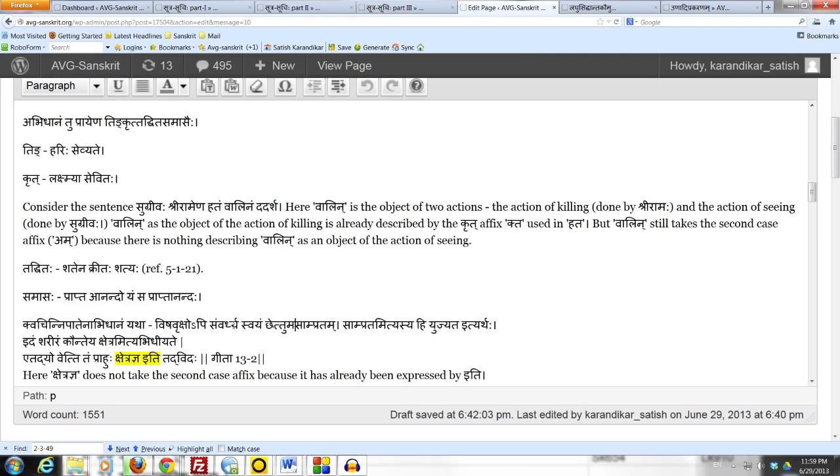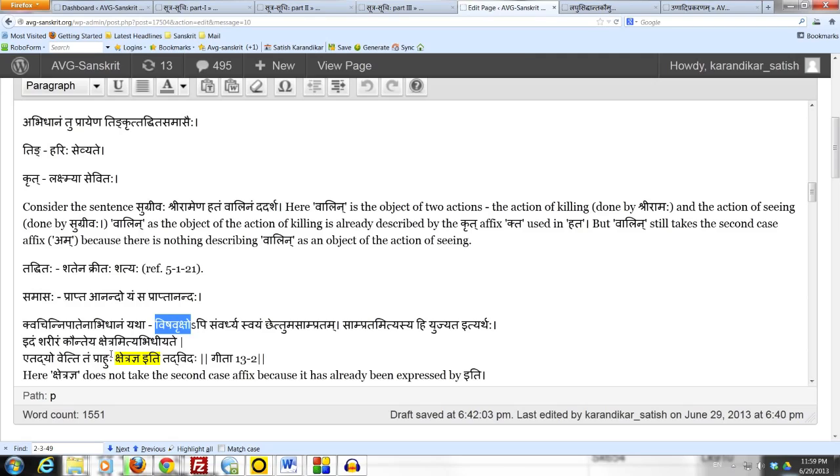It is not proper. It is not proper to grow a tree and cut it off oneself, even if the tree is a poisonous tree. So Vishavruksha, the poisonous tree, is the object of growing as well as of cutting. But it still doesn't take the Dvitiya Vibhakti because the Nipataha Sampratam stands for Yujyate. And that Yujyate, that affix te, points to the tree. The Prathama-purusha Ekavachanam used in Yujyate is telling us something about the object. This is a karmani prayogaha. That is what prevents Vishavruksha from taking the Dvitiya Vibhakti. We default back to the Prathama Vibhakti by 2.3.46.